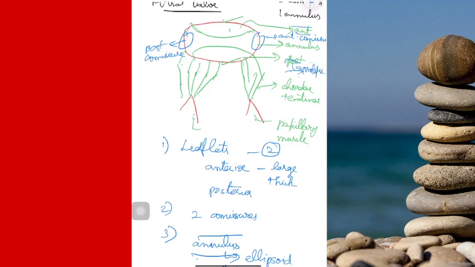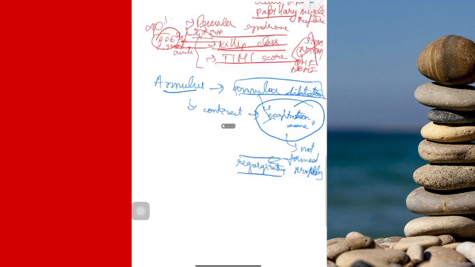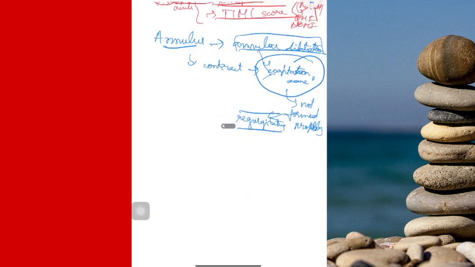Okay, when you talk about mitral valve prolapse as the most common cause of mitral regurgitation, we always mean the posterior leaflet of the mitral valve is going to prolapse initially. Okay, then you have two commissures. Commissures are basically the points where both the leaflets attach themselves to the mitral annulus. Okay, so that is all about the anatomy, like an overview, a bird's eye view of the anatomy. Now we'll talk in detail about the very common, very famous mitral stenosis.